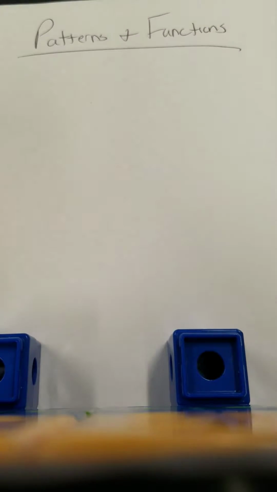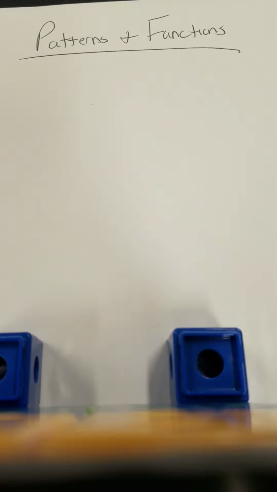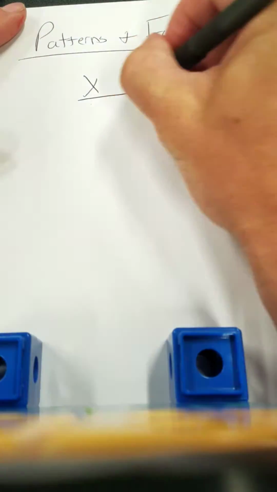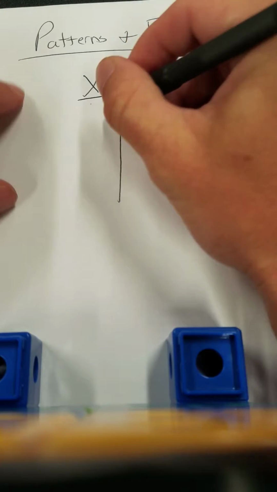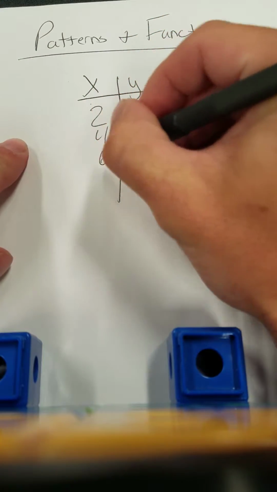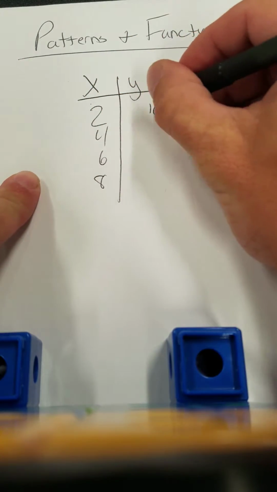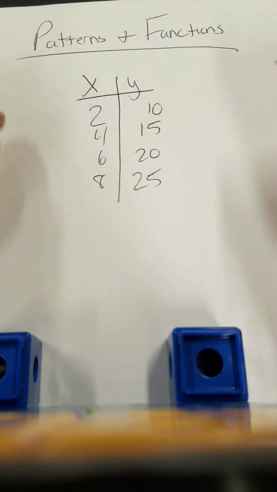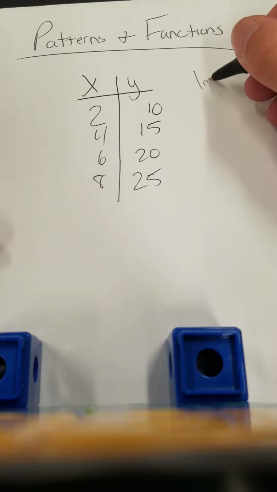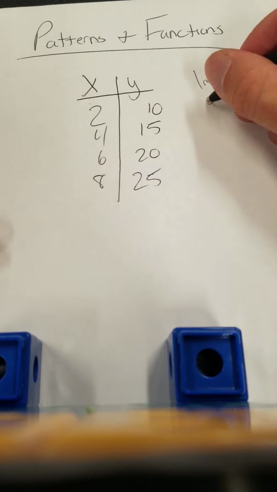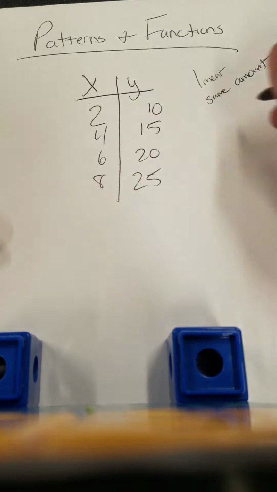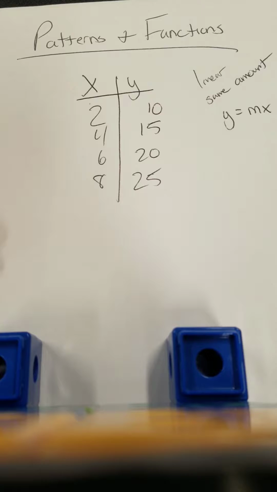All right, patterns and functions. I've talked about this in some previous videos, but I just want to go over one of them with you real quick. So if they give you a table, and then they give you some numbers over here, okay? Remember, if it's linear, it means they're going up by the same amount. We're increasing by the same amount every single time, and it's going to follow the formula y equals mx plus